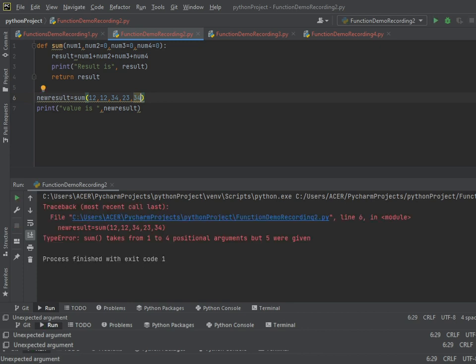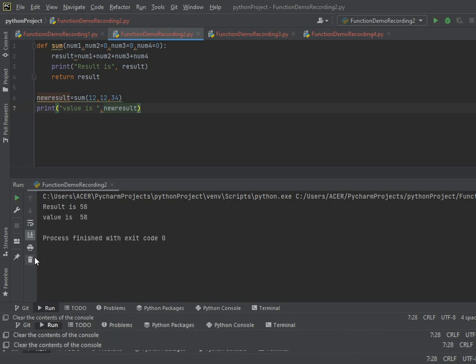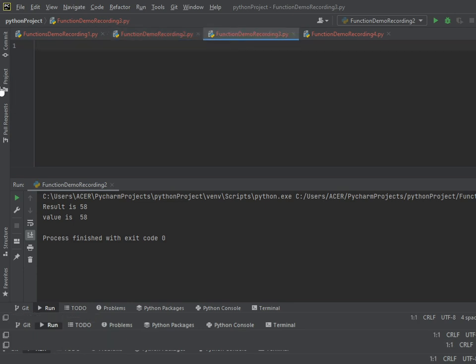It says sum takes from 1 to 4 positional arguments, but 5 were given. That means 4 variables are there but 5 values are there. So that is the error. This is about variables and values.